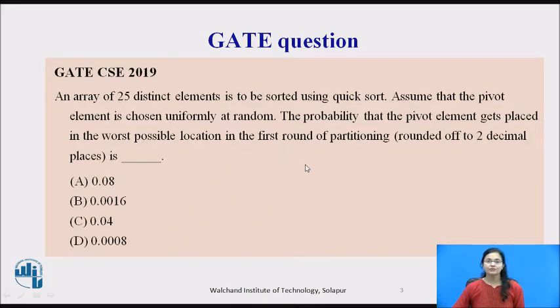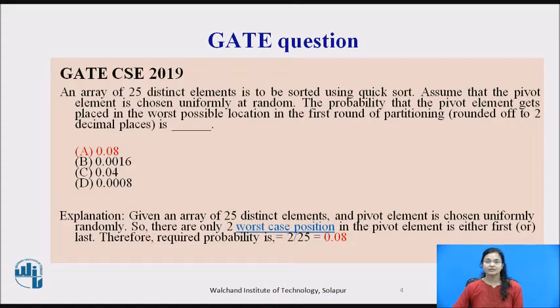An array of 25 distinct elements is to be sorted using QuickSort. Assume that the pivot element is chosen uniformly at random. What is the probability that the pivot element gets placed in the worst possible location in the first round of partition? Here I will answer